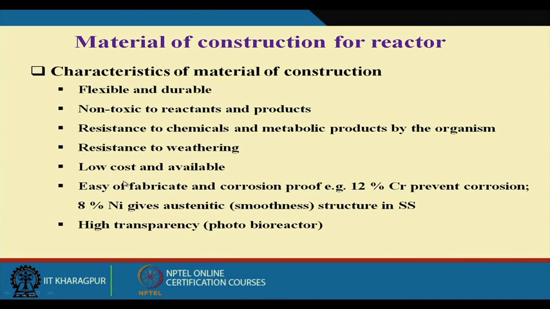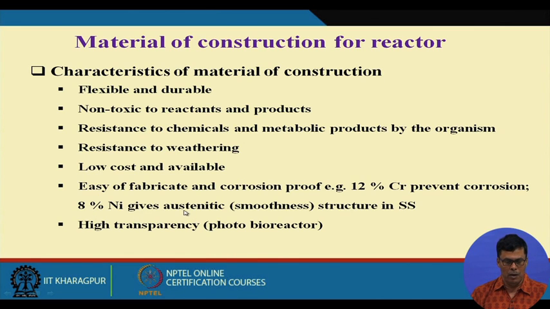This is another, and low cost and availability. This is very important, because cost is a very important factor as far as industry is concerned. And most of the biochemical industry, if you look, the material of construction is mostly made of stainless steel, and stainless steel quality depends on the composition of the alloy that we have in that stainless steel. And here I pointed out that if it contains 12% of chromium, that prevents corrosion, and 8% nickel,